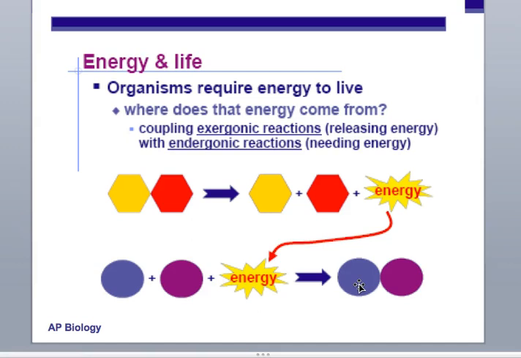So I'm kind of alluding to this idea that organisms require energy to live, and we need to think about where that energy comes from. When we couple reactions that release energy with reactions that need energy, we can get really efficient systems. If you are breaking things down in the digestive system, and the bloodstream is going by the digestive system, taking that heat that's being produced somewhere else, that heat can then power other reactions just by being present there.